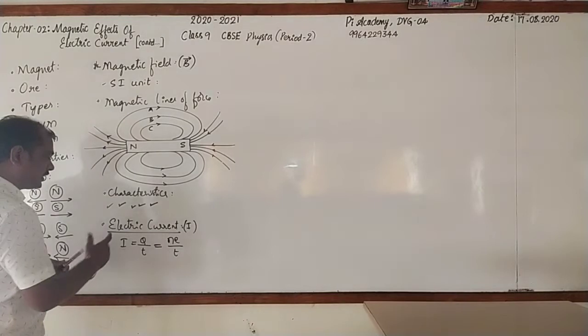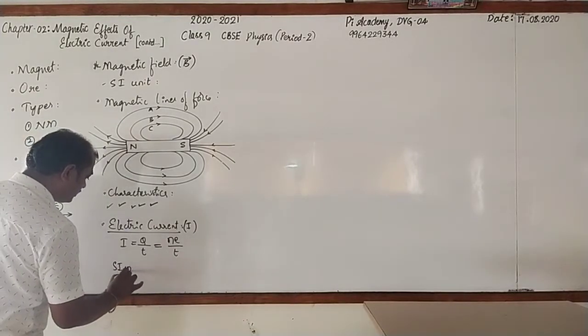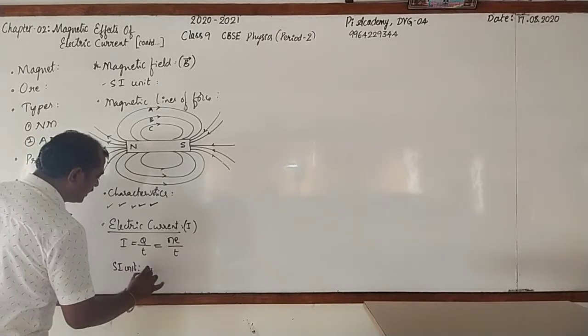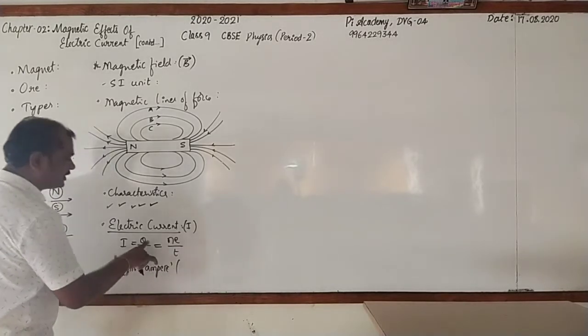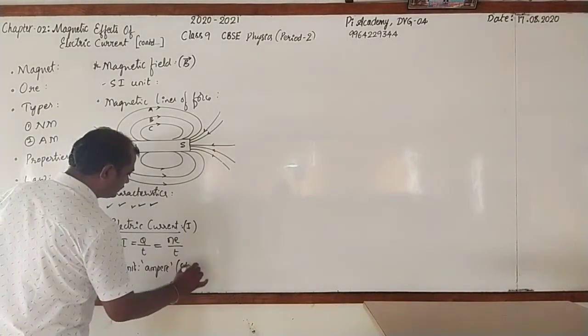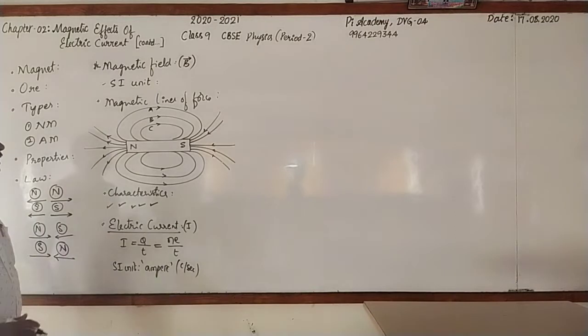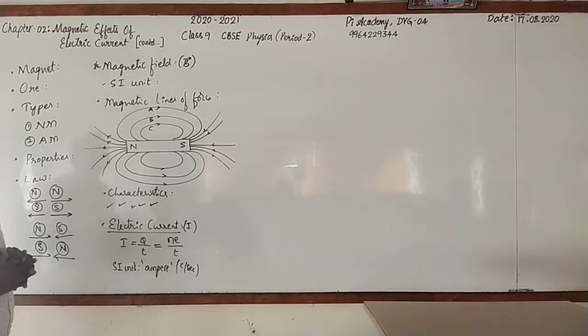Next, what is its SI unit? Electric current can be measured with a unit called ampere, and the actual unit is coulomb per second. Right? Then after that, we learned one of the important statements which give the relationship between electric current and magnetic